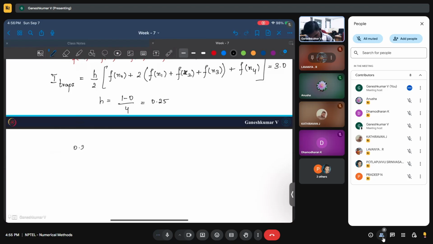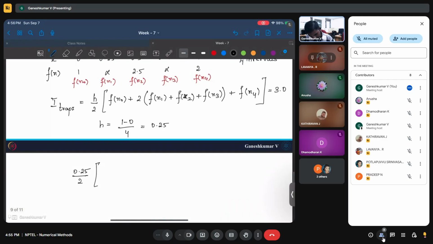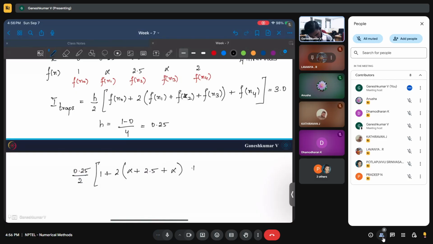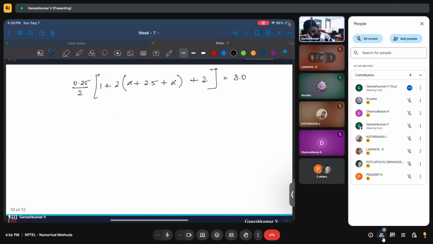So here it's going to be 0.25 by 2 into f of x naught, which is 1, plus 2 times f of x1 is alpha, 2.5, and alpha, plus f of x4 is 2, equal to 3. All right, so this is going to be 1 plus 2 times 2.5 plus 2 alpha plus 2 is equal to